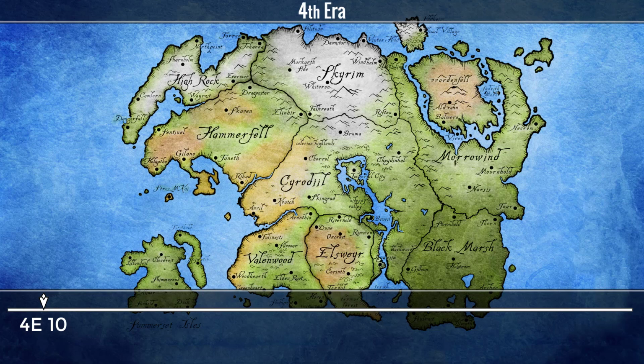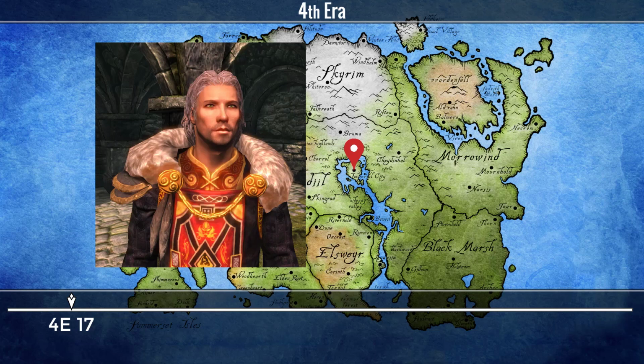Due to the Red Year, Morrowind became less habitable, so in year 16 the High King of Skyrim gives Solstheim to the Dunmer as their new home, though others decided to settle in Skyrim, mainly in Winterhold, Windhelm, and Riften. In year 17, the Mede dynasty begins after Titus Mede I ascends to the throne of the Emperor.